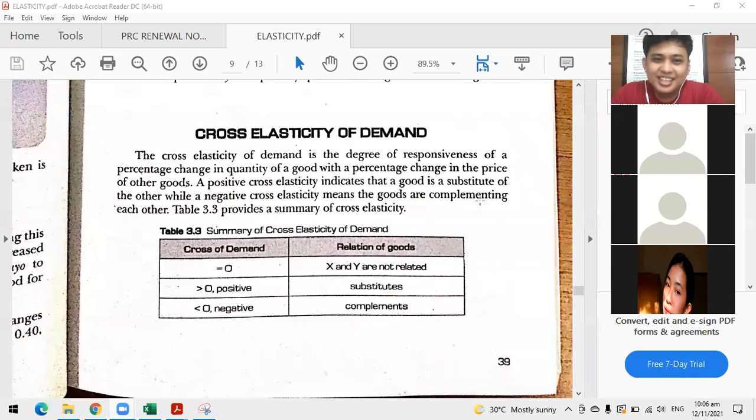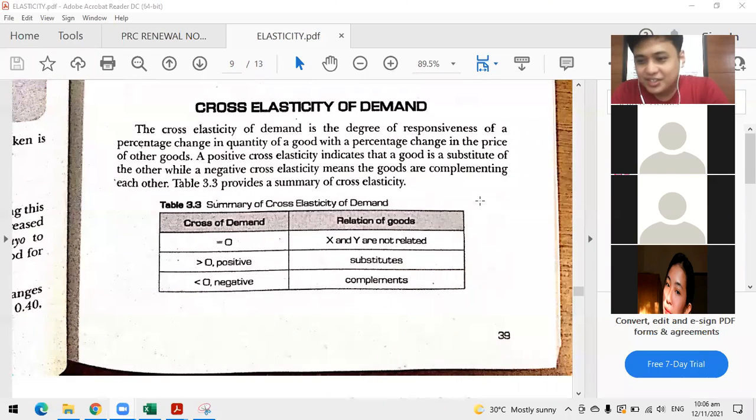Okay, going back doon kay times 1,000. Okay, cross elasticity naman. Para mabago lang natin. So, cross elasticity of demand is the degree of responsiveness of a percentage change in quantity of a good with a percentage change in price of other goods. So, dalawa. Dalawa yung